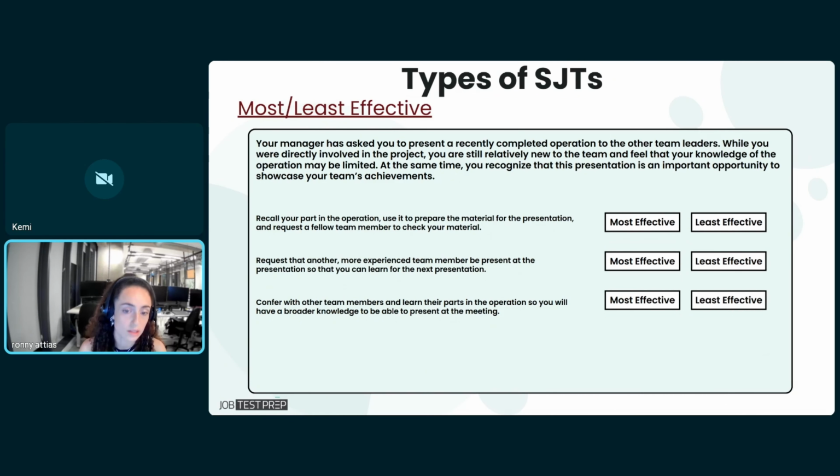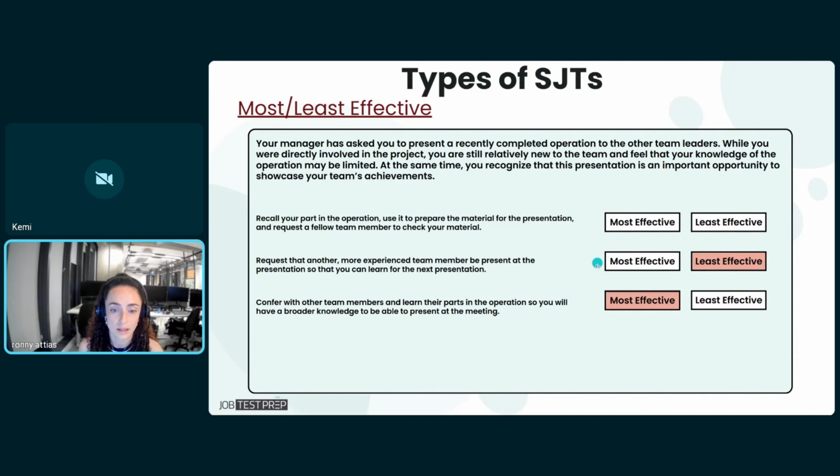Okay, so what we're looking at here is, do I actively take this upon myself and say, okay, even though I don't have all the knowledge that I need right now, I'm going to do whatever I can to understand everyone's part and then step up to the challenge and do it myself? Or do I pass on the task to somebody else because I'm feeling maybe not so confident and can't be bothered to learn everything in depth? Or I sort of focus on what I already know and just make sure that a team member tells me that I'm doing okay, which is pretty neutral.